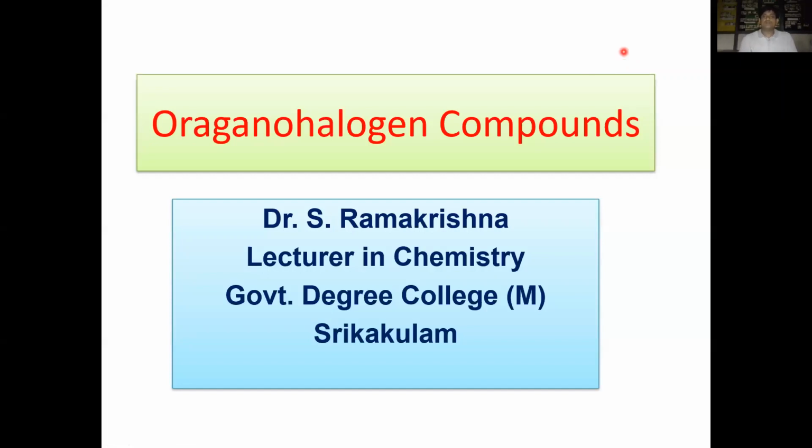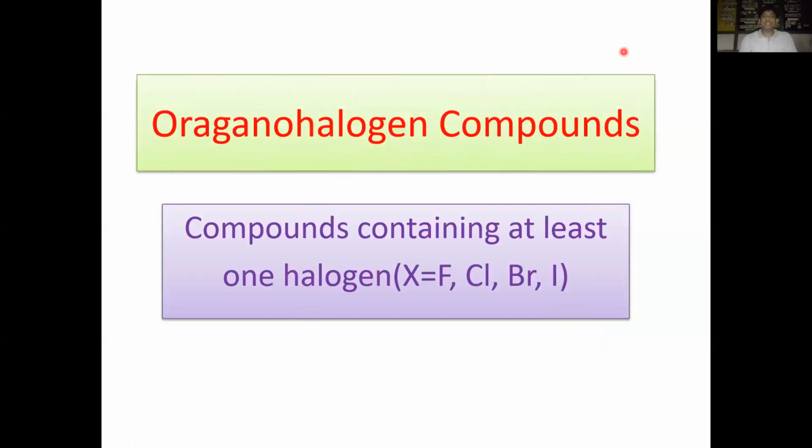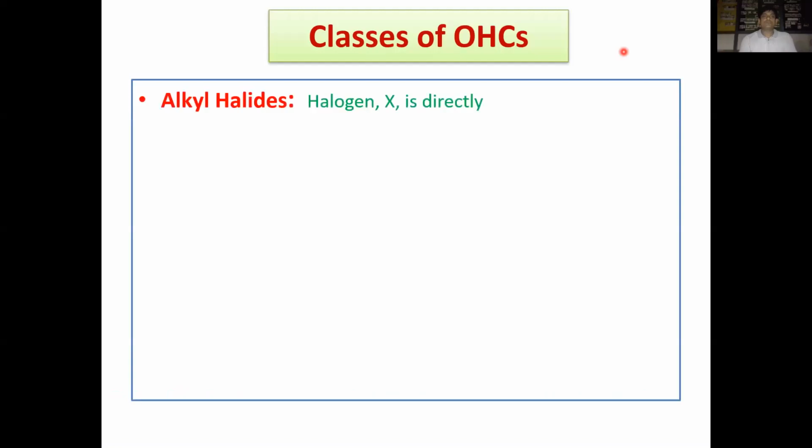Organohalogen compounds are organic compounds which contain at least one halogen. We know that halogens are fluorine, chlorine, bromine, and iodine. Organohalogen compounds can be classified into alkyl halides,